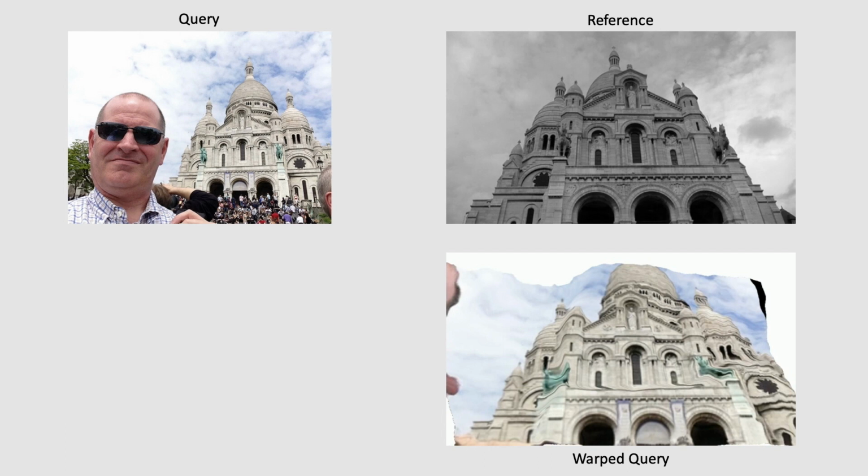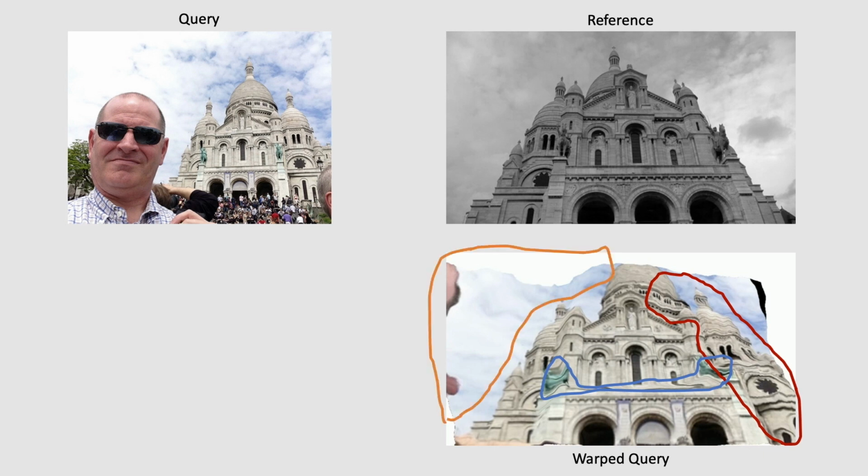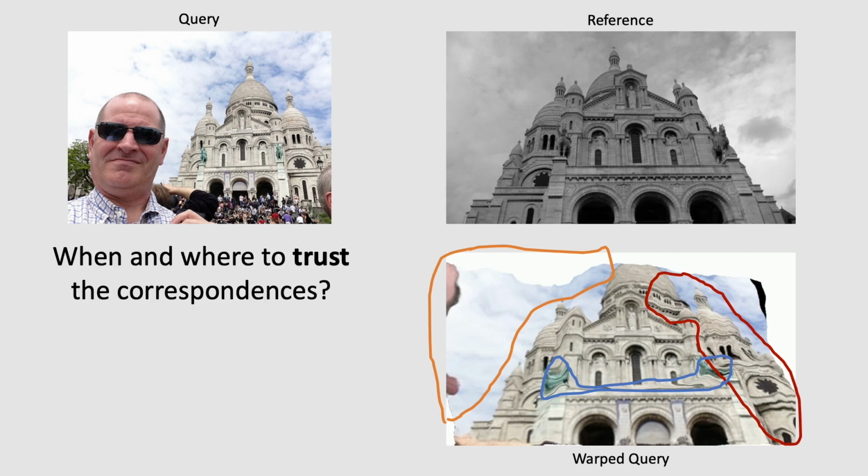As you can see, dense flow estimation is prone to failure in case of occlusion. It can also be inaccurate, particularly for large appearance and viewpoint changes, and it is even ill-defined in textureless regions such as the sky. However, lots of applications such as pose estimation require highly accurate and robust matches as input. So how can we know when and where to trust the estimated correspondences?